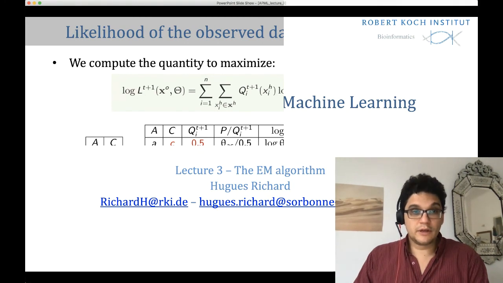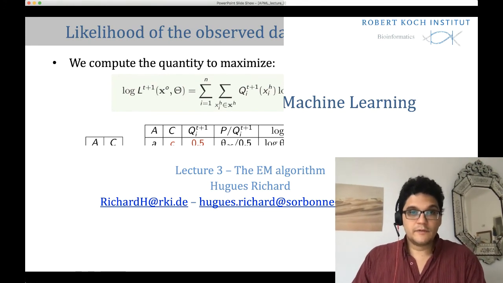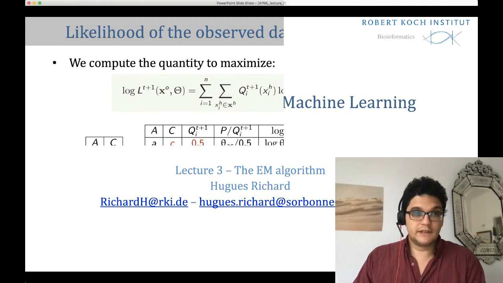For the other examples, x3, x4, and x5, we only have one possible value, which is D or C,